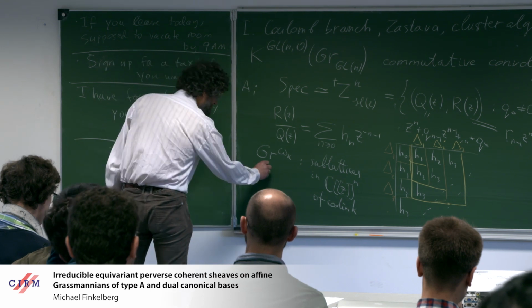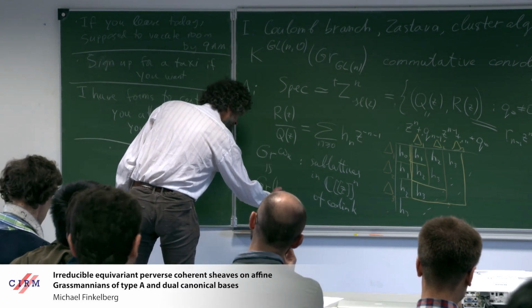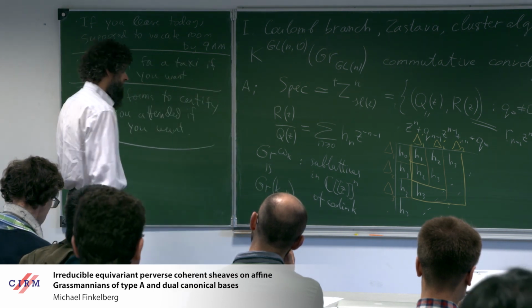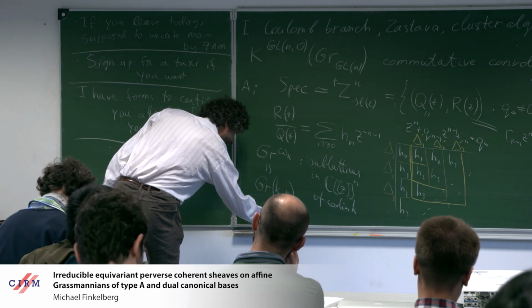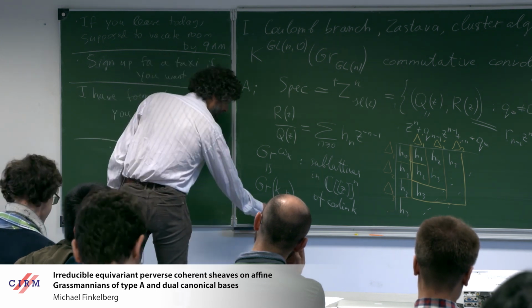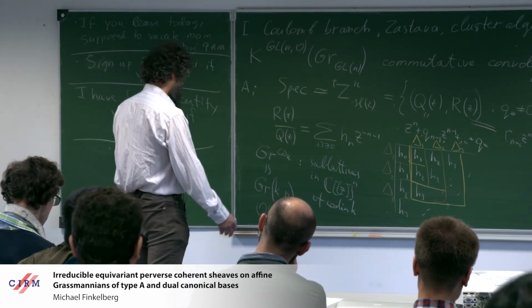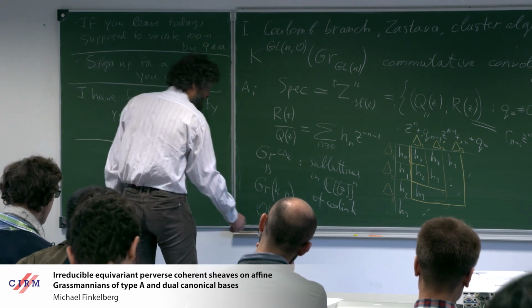So, well, in fact, this is isomorphic just to the usual finite-dimensional Grassmannian of k-dimensional planes in n-dimensional space, and so it carries the line bundles O of S. So the line bundle O of S on this guy will be, its class in the K group will be denoted by